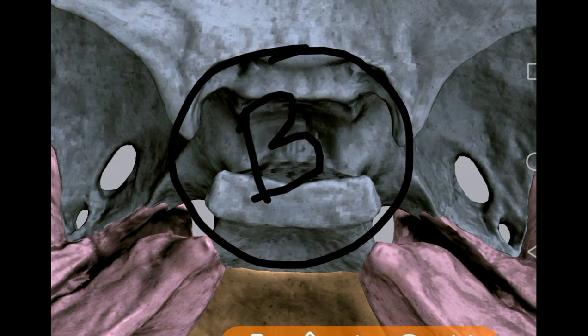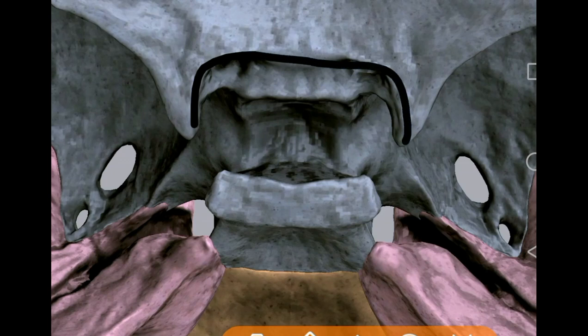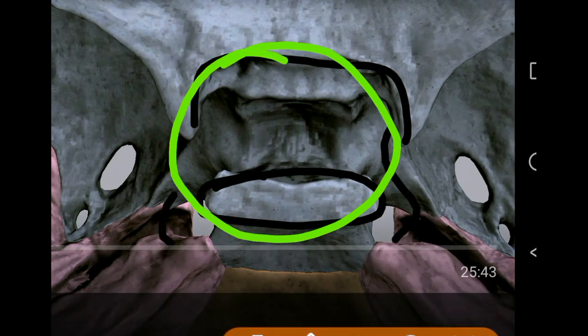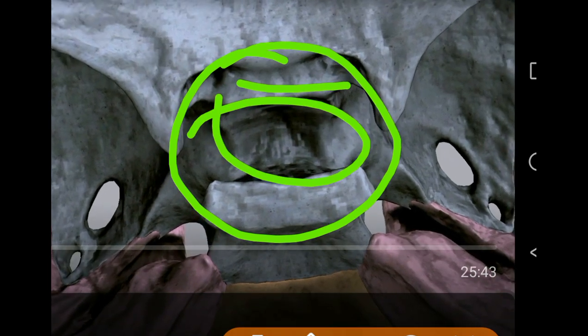This is the body of the sphenoid. It is presenting the sulcus chiasmaticus that you can see here. What you see, a sulcus here, is separated from the jugum by the anterior limit of the sulcus, and posteriorly it has the dorsum sellae, which is a part of sella turcica, that you see, this whole thing is there, sulcus chiasmaticus, sella turcica there.